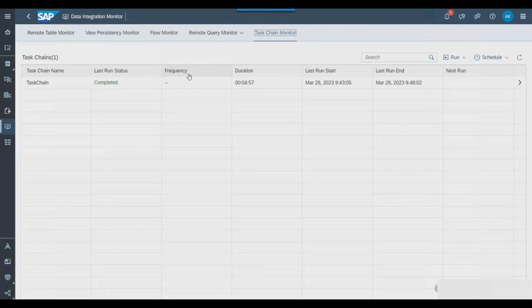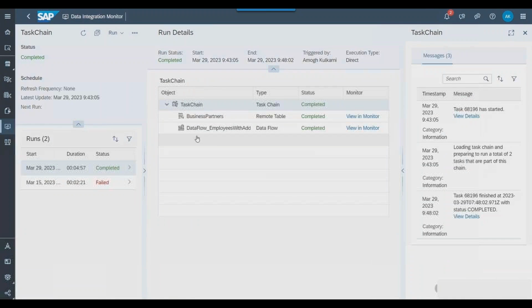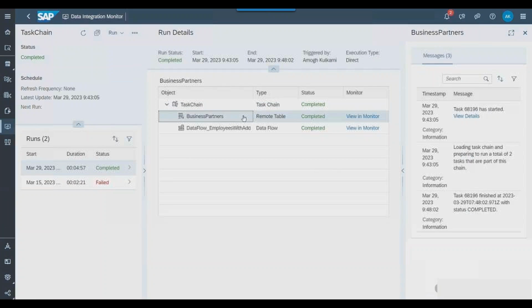And the last one is the task chain monitor. So you can also see my task chains here. Whether we want to see the status of the task chain, if the task chain execution was completed or if it failed, how did it go. This is visible in a three-page layout, so you can also drill down and see the step-by-step execution of the task chain and view more details about it. And on the rightmost side you can find the execution details for the task chain and the